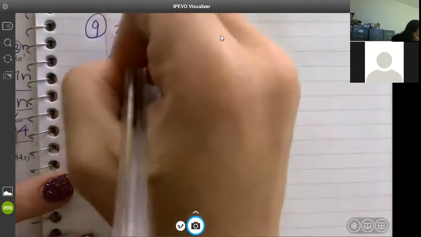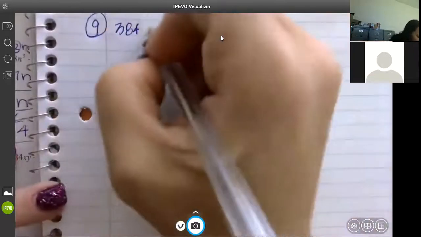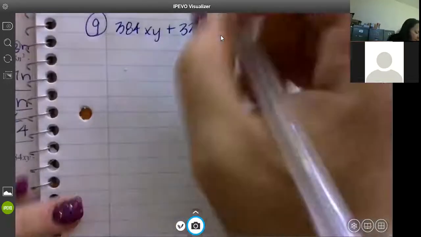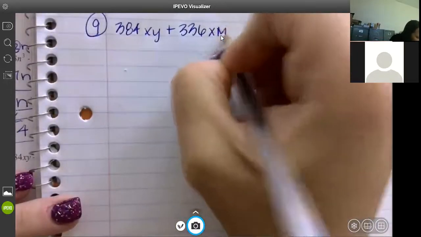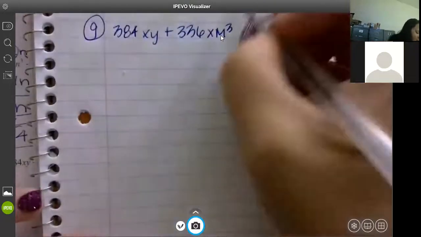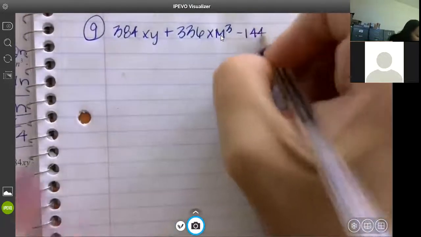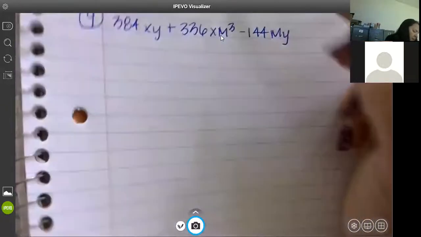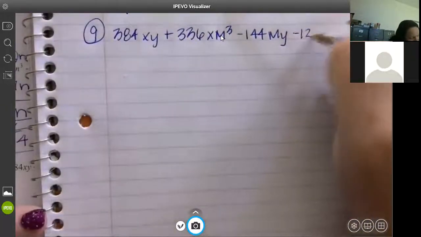It's the same thing, it's just bigger. So 384xy plus 336xm cubed minus 144my minus 126